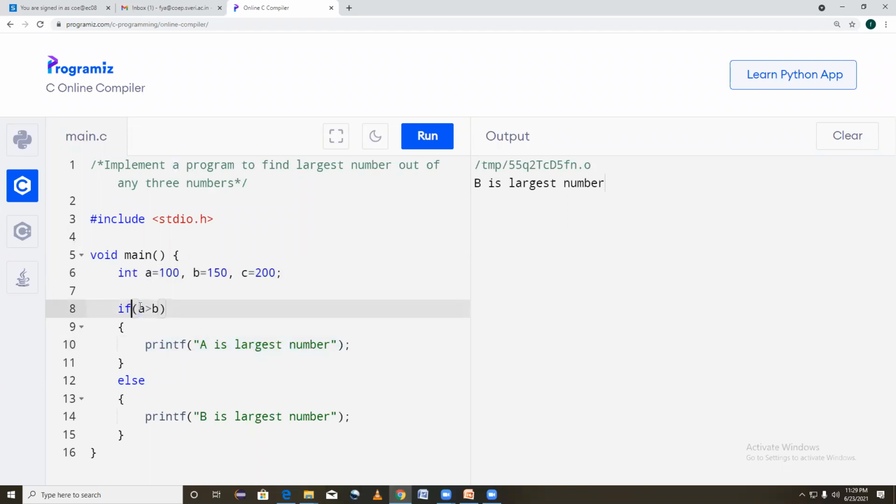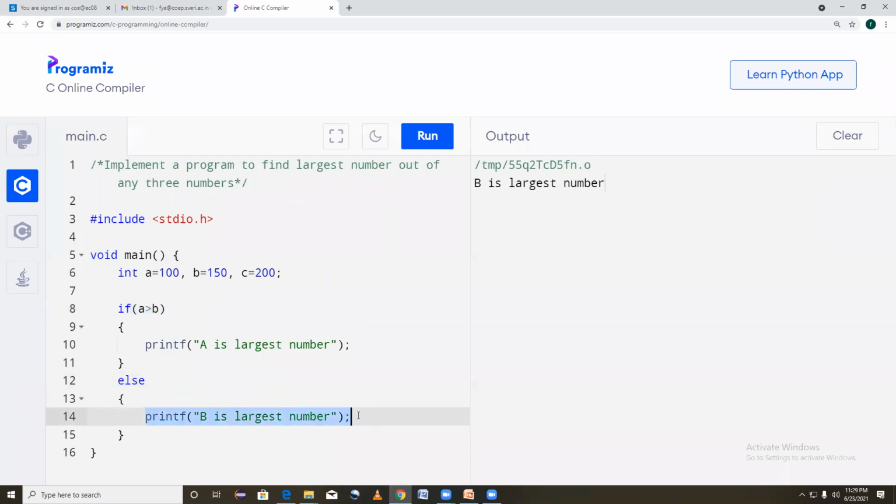But if this condition is false, it means B is greater than A. So B is also compared with A. So when B is greater than A, it will print B.